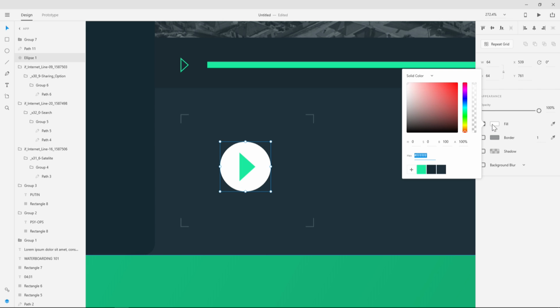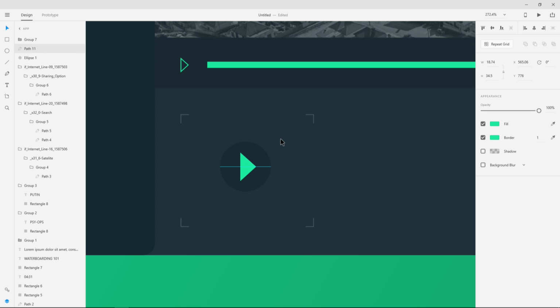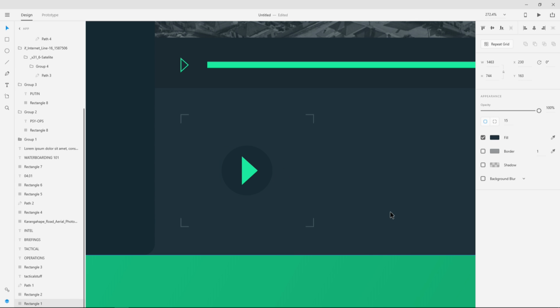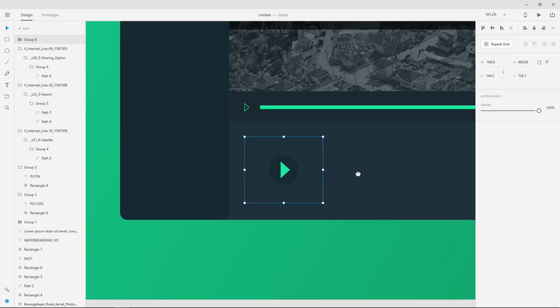And then we'll make this fill that color right here, which is this. I think it's the same, or very close at least. All right, so we have these two elements. We want to make sure that in the center, there we go. Actually, that's the center of this. I want to make sure that's, yep. All right, so we'll take this, and then this as well, and then hit Control G, and then we'll use